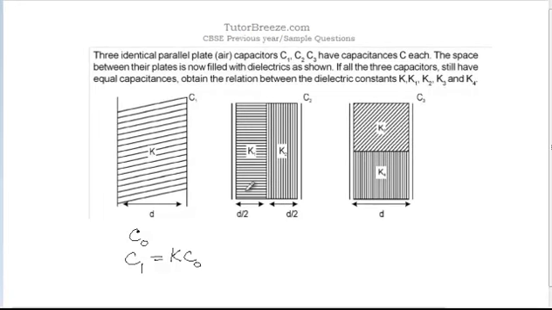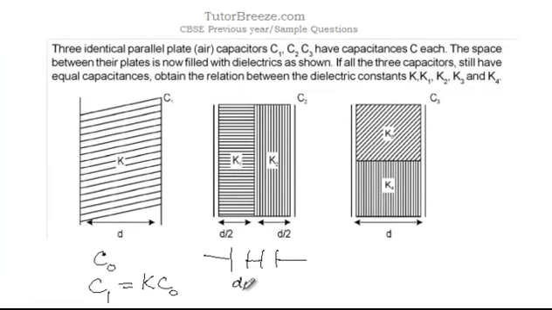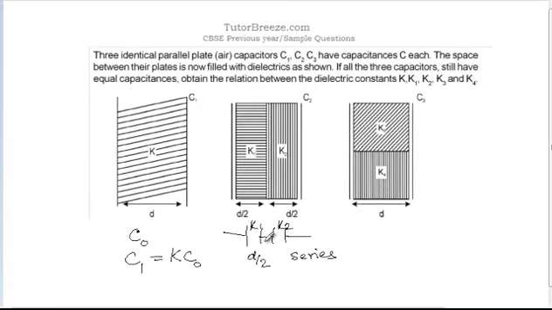You can think of these two as two capacitors which are joined in series. You have two capacitors over here, and these are joined in series with each other, and each of the capacitors has a distance of d by 2. Instead of d, now the distance between the plates is d by 2, and each of these capacitors is filled with dielectric K1 and K2. So this would be equivalent to a series combination of two capacitors with the distance between its plates as d by 2.